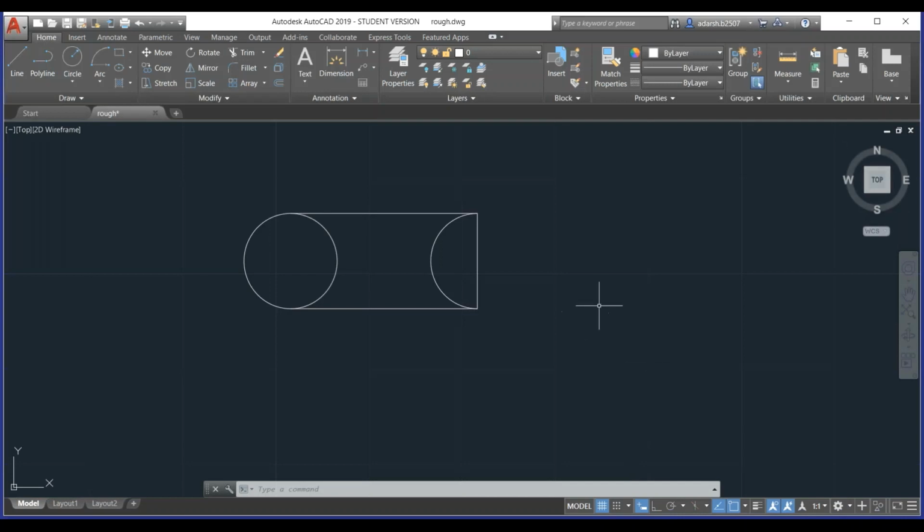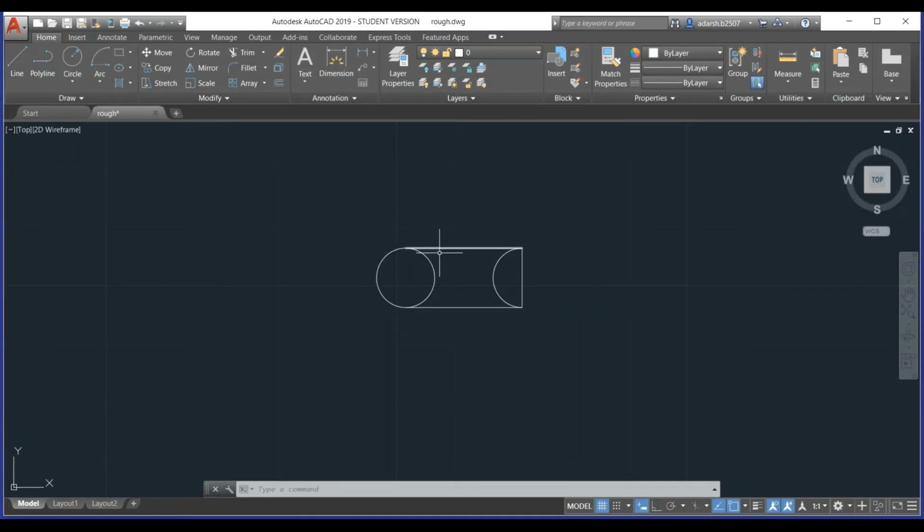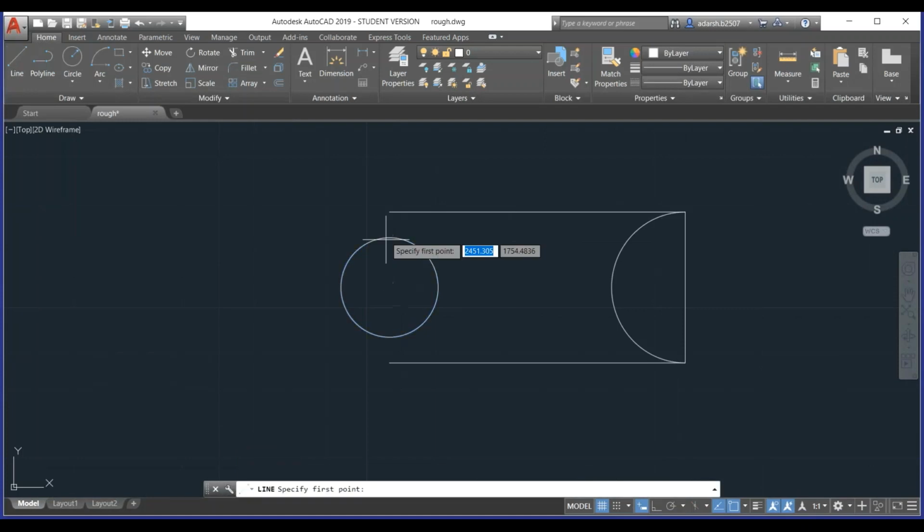In this file, as you can see, there are these circles that we have made, and if I need to change the circles' diameter to this much, I am going to make a line which would be connecting these two. I would be doing so, and if I save the file and go to Inventor,